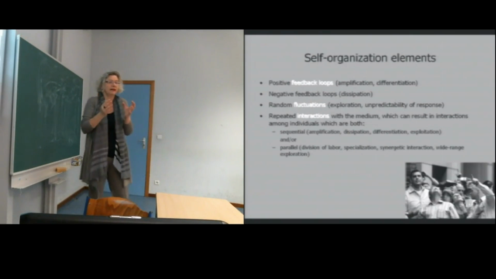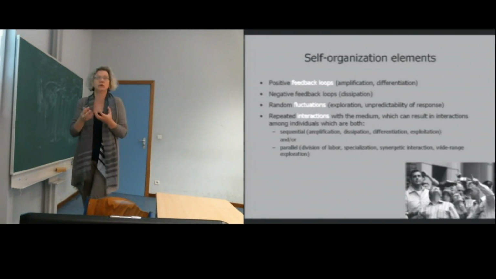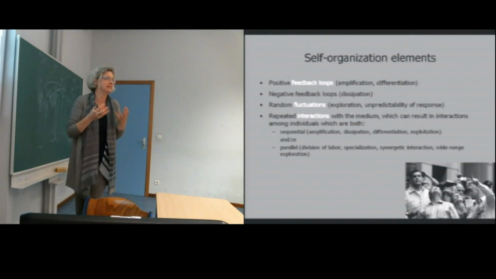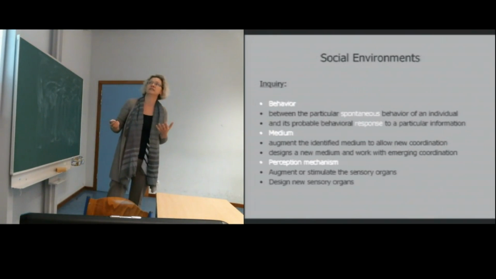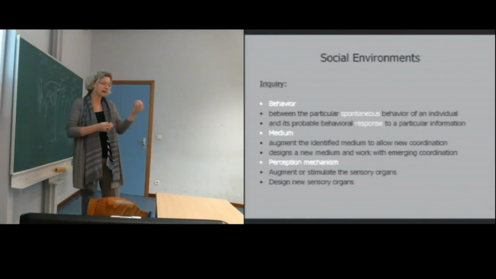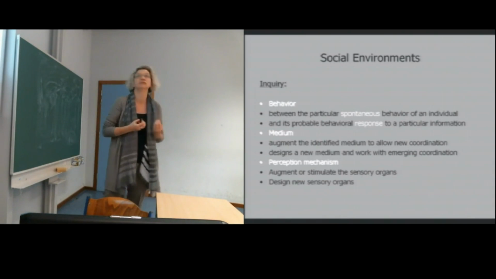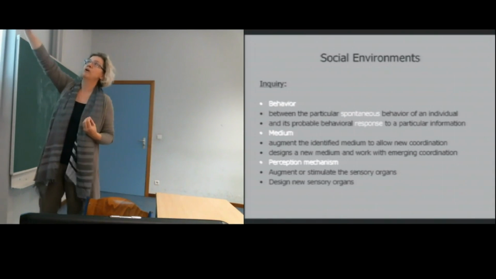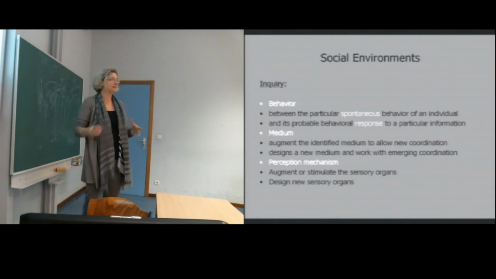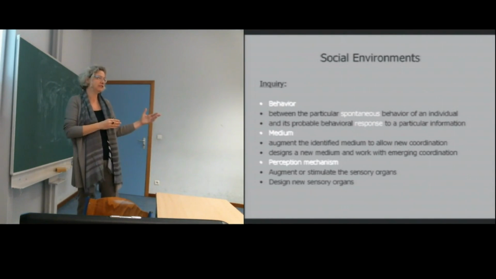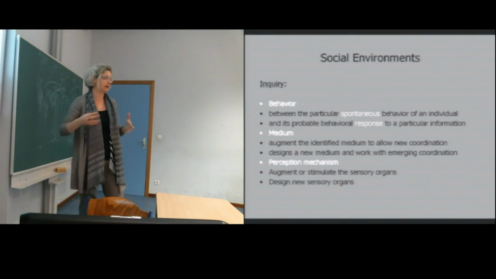So you need some kind of interaction with the agents that is imperfect, that contains error, because this is part of the computation. And all of this I'm saying because then it translates into what are the elements that I'm extracting for design, for the possibility of design. So when we go to do research, we are researching the behavior between what is the spontaneous behavior of an agent and what is the behavioral response to a local information.